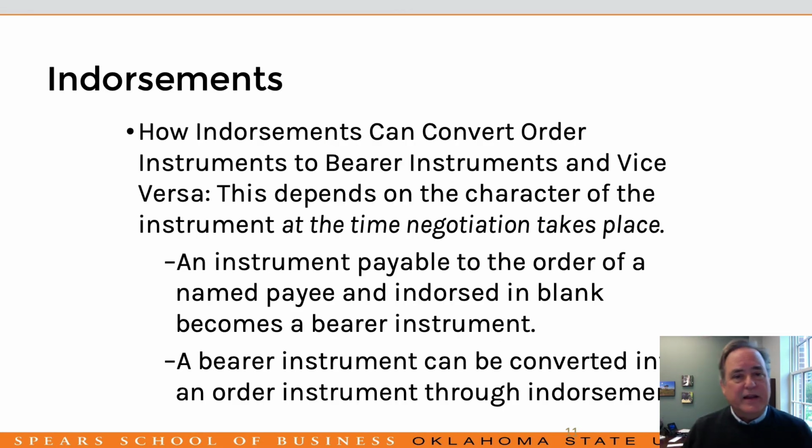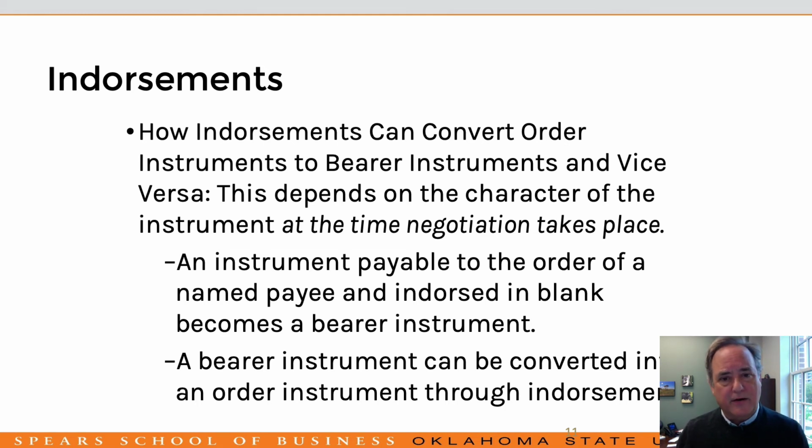Now, endorsements will have an effect on the nature of the document. An endorsement can convert an order instrument to a bearer instrument, or vice versa. It can convert a bearer instrument to an order instrument. So it all depends on the character of the instrument at the time negotiation takes place, whether the instrument is an order instrument or not, a bearer instrument. So an instrument made payable to the order of a named payee and endorsed in blank